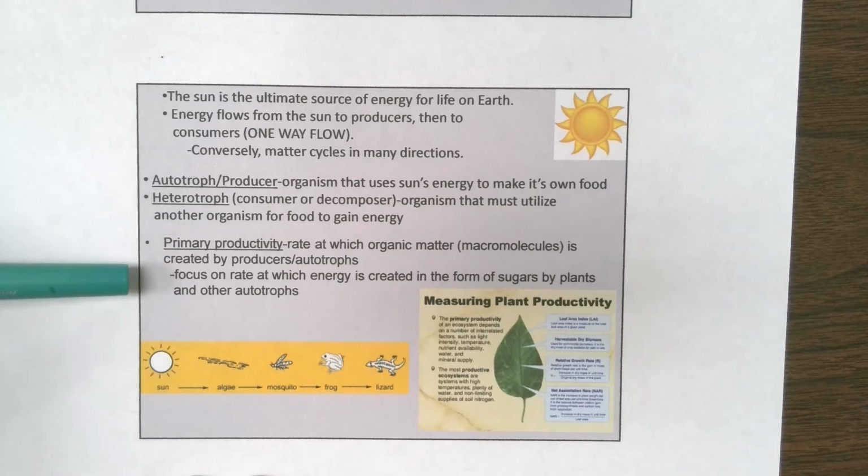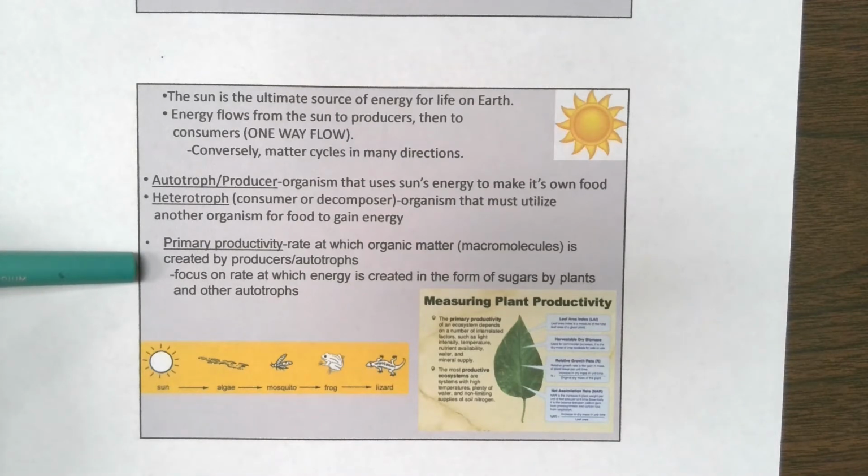Okay, this next thing, primary productivity. Notice the definition says the rate at which organic matter is created by producers or autotrophs. So this is the rate at which plants are making sugars through the process of photosynthesis. And we're going to look at what that means in different ecosystems. What are the factors that are going to impact the rate of primary productivity? What are the trends that we see on the Earth's surface as far as that goes, as one component of